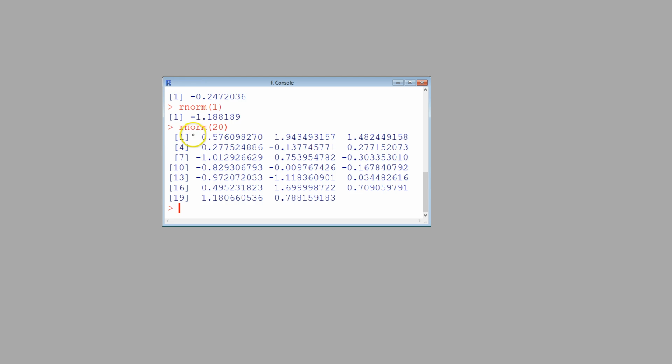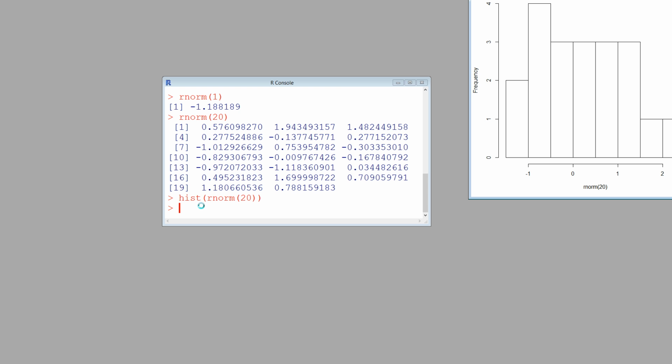now what I can do is get 20 numbers, and you see this number in square brackets here, that says that this one here is the first, second, third, that's the fourth, all the way up to the 19th and the 20th. So we give it 20 here, and it gives us 20 values out. Well, it's a little bit difficult to try and understand how these numbers all fit together just to look at them. So what we can do is just draw a histogram of rnorm 20,